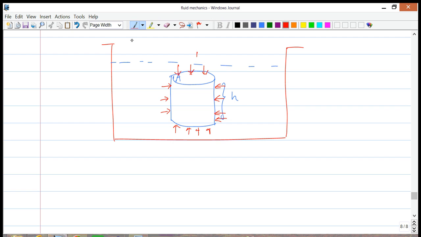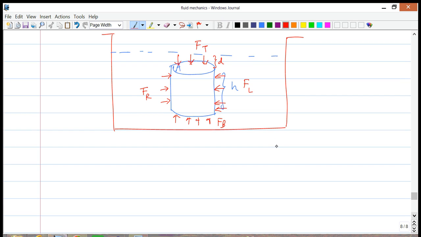Okay, so let's call the top force F top. Let's call the force to the right F right, F left, and we have F bottom. Let us also say that the top of the object is at some depth D from the top of the liquid. Great. So the net force, the total buoyant force, we're saying is equal to